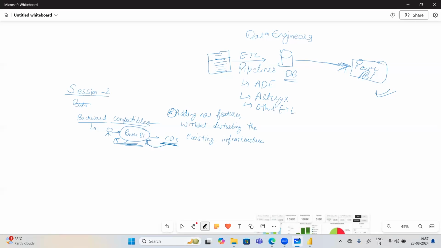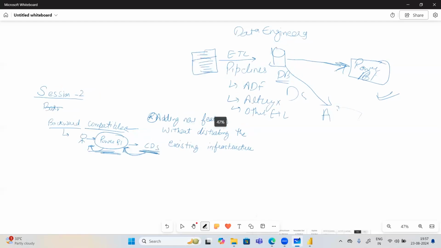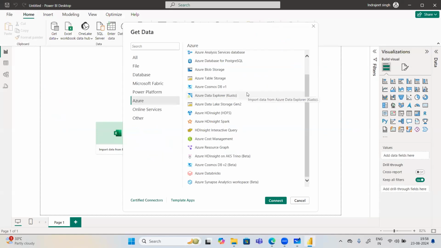So similarly for data scientists also. So in data science, what will happen? The raw data will be there, so then ETL pipelines will be created. So then the data engineers will put the data in databases. After that, what data science professionals will do is create various AI ML models on top of data. Once it is done, they will store the predictive analysis in the databases. So then the Power BI report will be created on top of that. So it is a vital part in Power Platform also, but it is getting used in many other fields related to data. Okay,